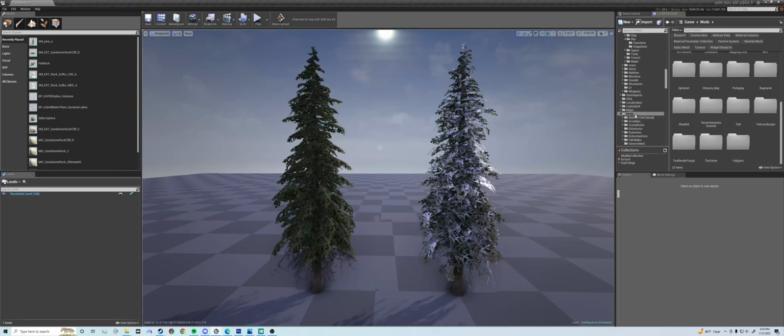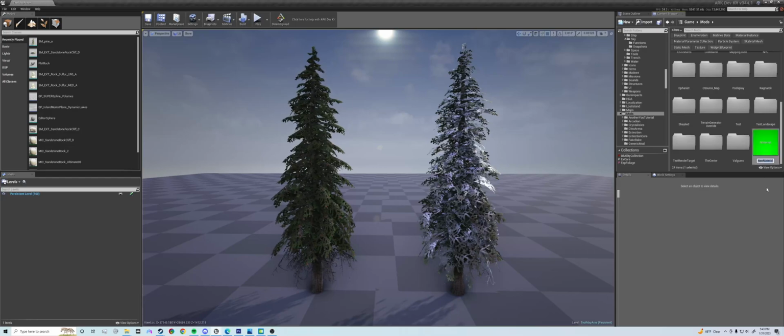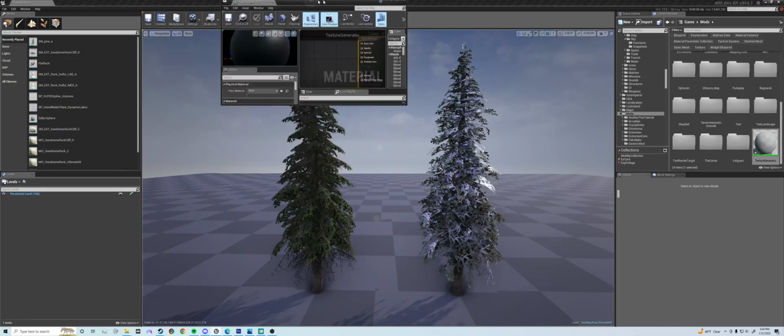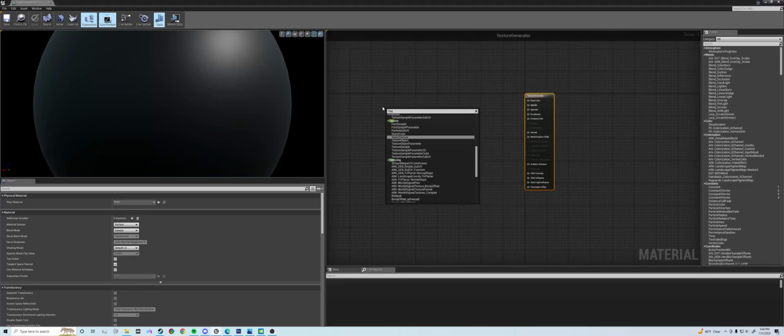So we'll start this off. I'll be creating the material in my mods folder. We'll start off by right clicking and selecting material. We'll name this texture generator. Make that full screen. Add a texture